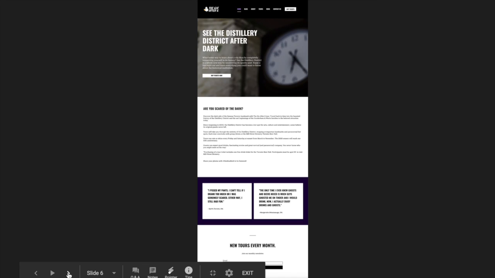So we're going to go straight into the website and we're going to start off with the homepage. As soon as guests enter the website or go to our URL, they'll be greeted with our first introductory page, which has a nice edge-to-edge image of the background, highlighting the Distillery District. It uses a sans serif font for the header with serif fonts for the body, with a call to action right afterwards. So it gives all the necessary information right off the bat.